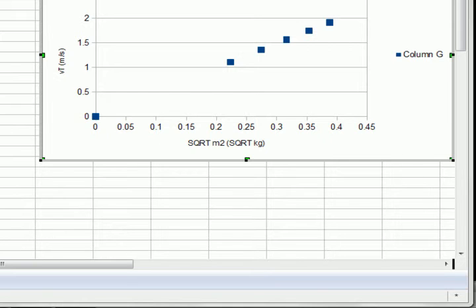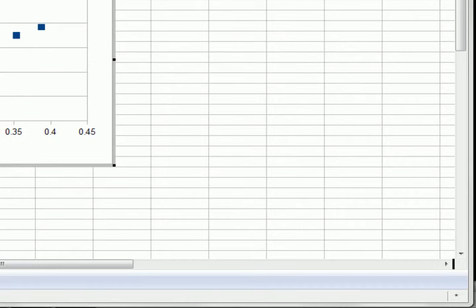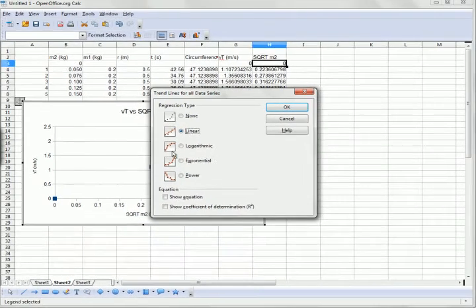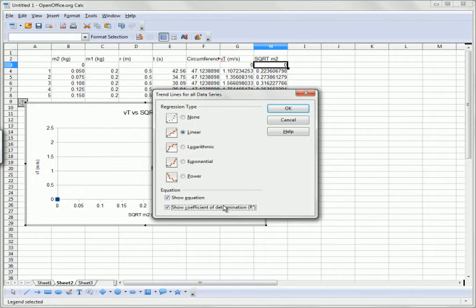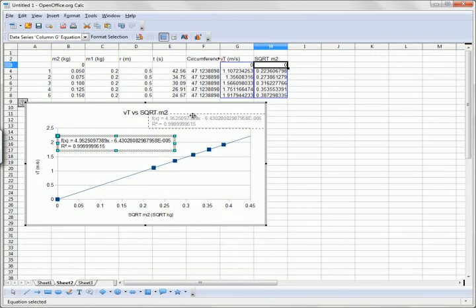Look, you can see already that this is going to show a line. Move this over here. But just to prove it to you, I'm going to add that trend line just like I did in the last one. So this time, of course, since it's a line, I'm just going to use the linear equation and r squared again. Okay, and it's a straight line. And the y-intercept, as we know, should be 0, and it's very, very close to 0